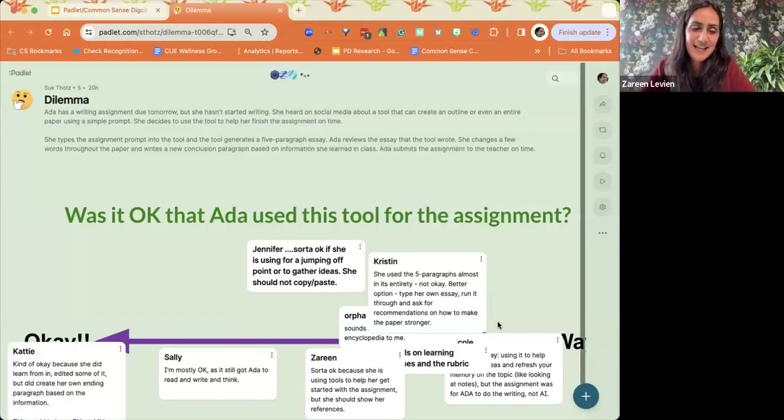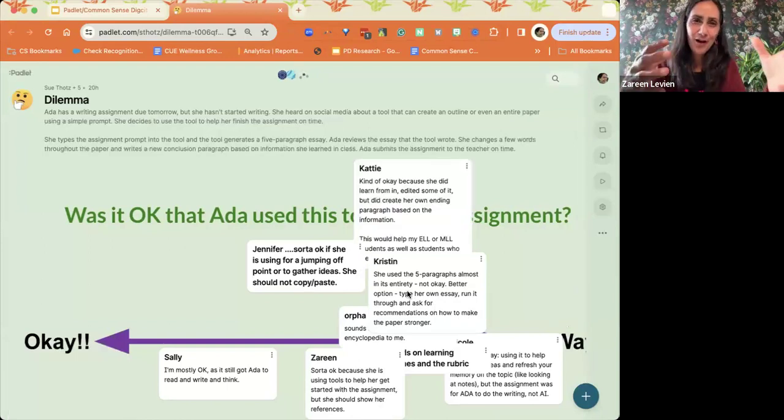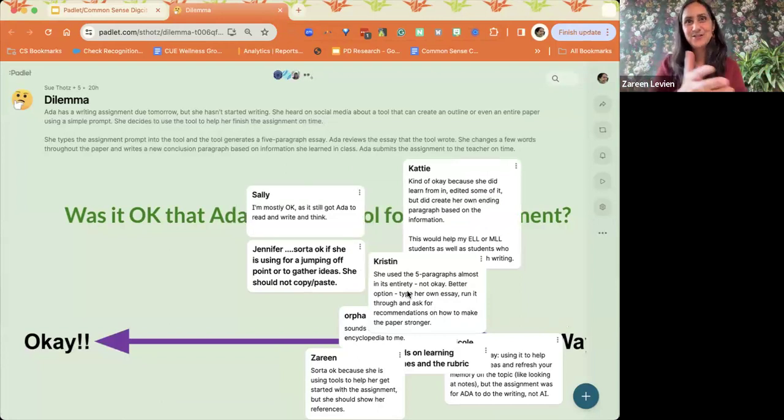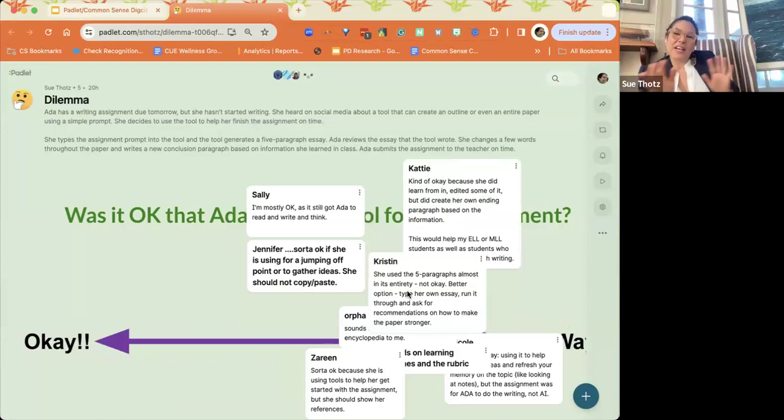Yeah, I love that capability. It allows everyone that kind of think time. And we know we're also influenced by our peers. Even as I was typing mine, I saw Jennifer's and I was like, oh yeah, that's a good idea. So just to give them all that independent think time and then have the big reveal makes it kind of exciting too for students to say, oh, you're over there, I'm over here. So I love that idea. Yeah. So, I wasn't sure how this was going to work.